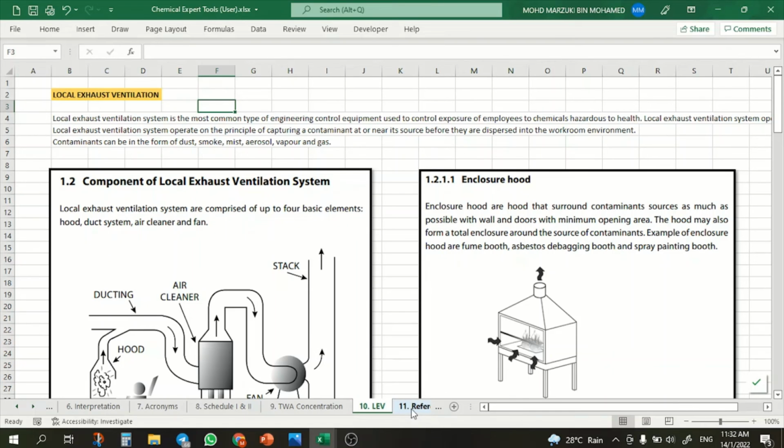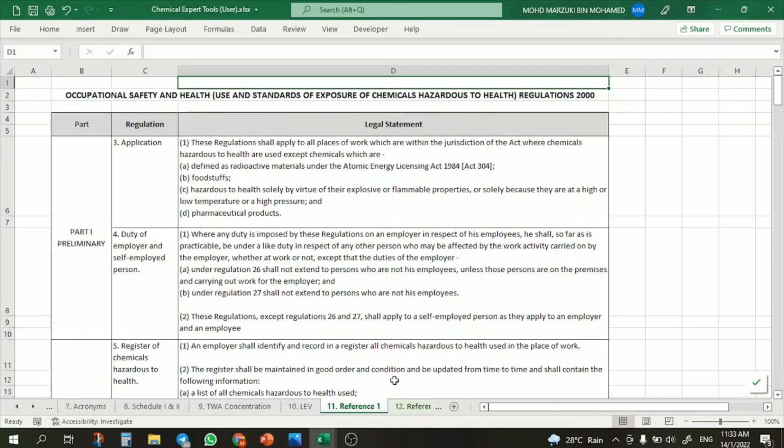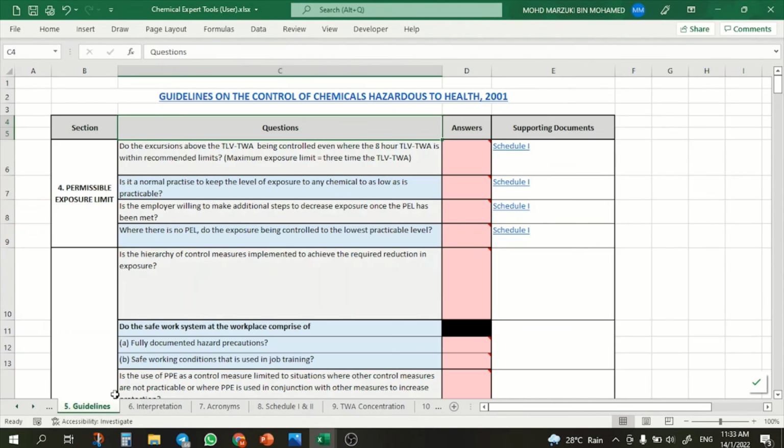Together with these supporting documents, the tool is also equipped with the original USECHH legal statement, and also this tool has been embedded with a questionnaire for guidelines on the control of chemicals hazardous to health.